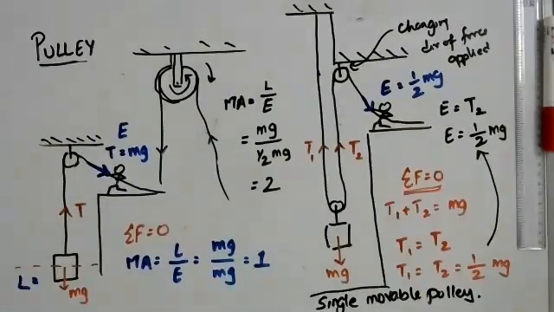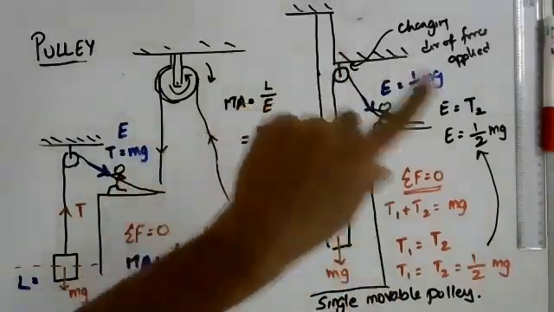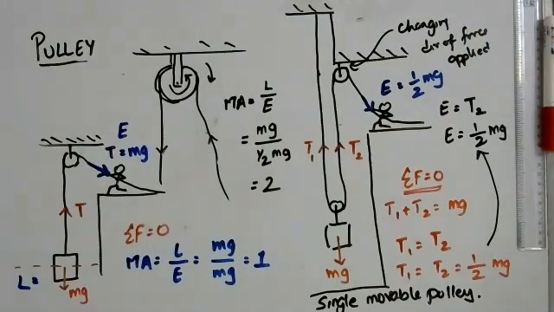Okay, so I hope that's clear. When we meet again for the next class, we will talk about using multiple pulleys in this manner. So you can put more and more of these movable pulleys and keep increasing the mechanical advantage of a pulley system, and what that kind of a system is called and how we can do it in a compact manner. All that we'll discuss in the next class.